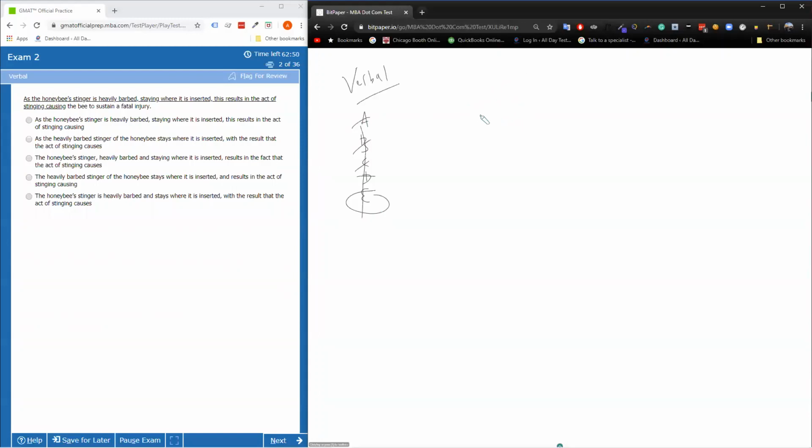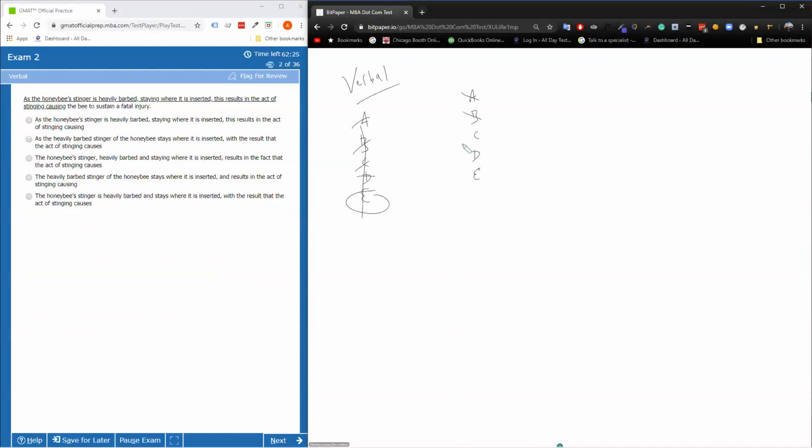As the honeybee stinger is heavily barbed, staying where it is inserted, this results in the act of stinging causing the bee to sustain fatal injury. I don't like the "this results," the "as this" doesn't sound idiomatic. As the heavily barbed stinger of the honeybee stays where it is inserted, with the result that